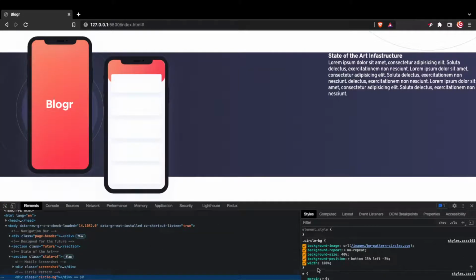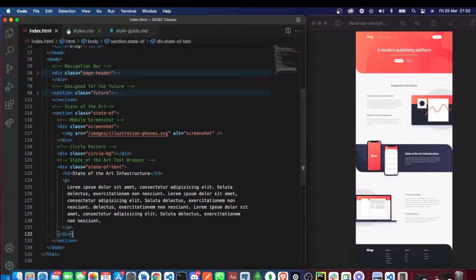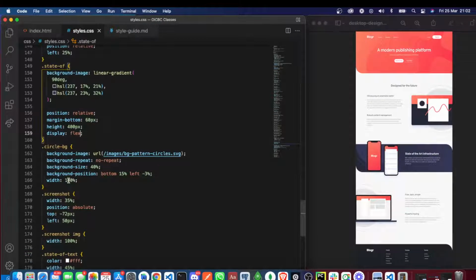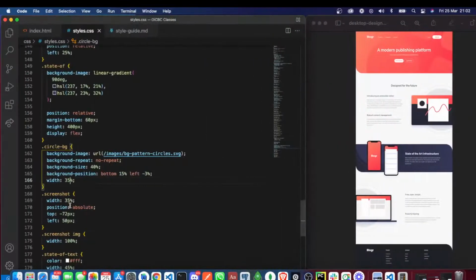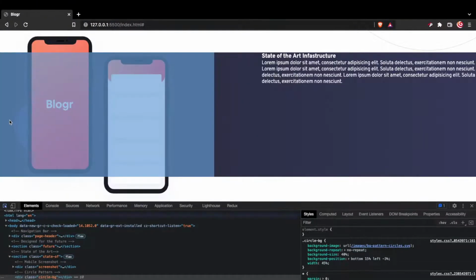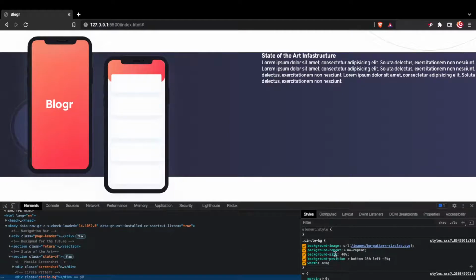Yeah. So the width is 100%. We have to reduce the width from 100%. So we want the circle BG to have a width of 45% or 35%. Okay. So let me just focus on it here. So width of